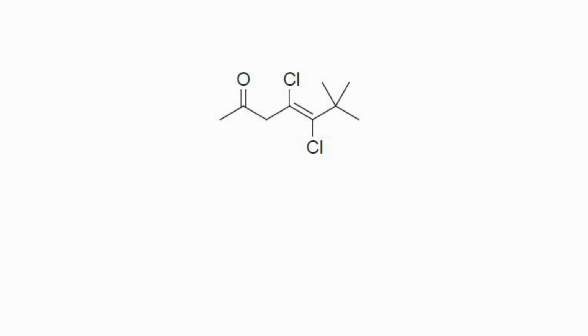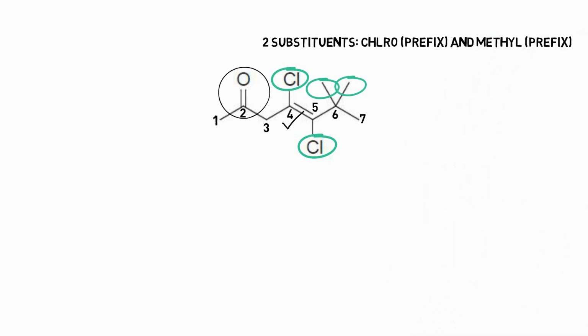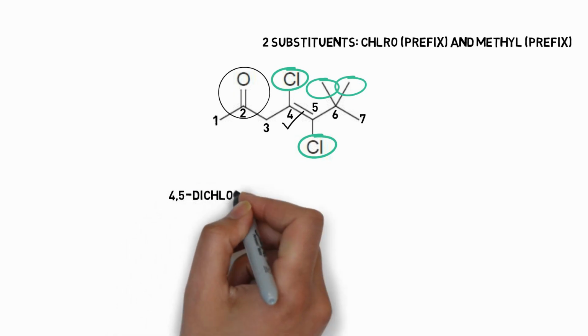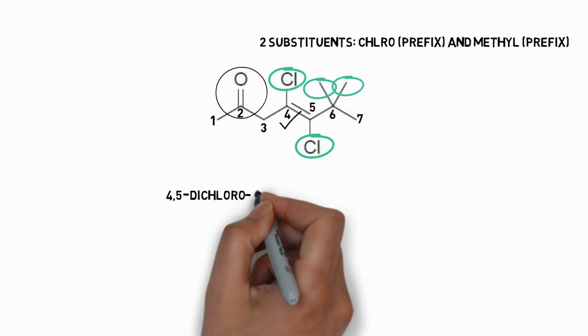So in this compound, our functional group is ketone. We have a double bond here. Our longest carbon chain has 7 carbons. We have 2 substituents: a methyl group at carbon 6 and 2 more chlorine substituents at carbon 4 and 5. As we have seen, we start the name with substituents in the previous examples. We write 4,5-dichloro, di because we have 2 chlorine atoms. Then we write 6,6-dimethyl,